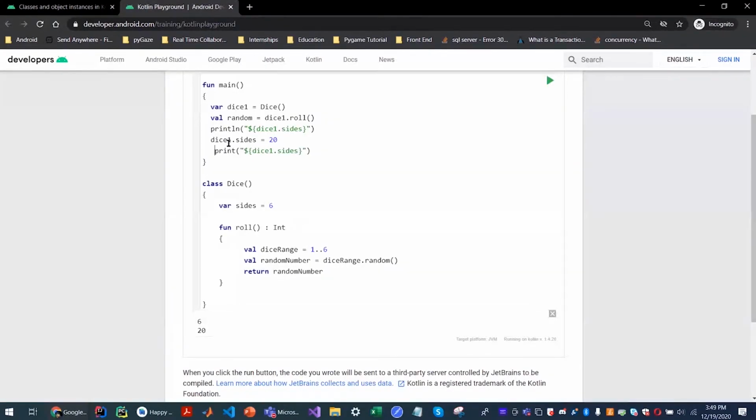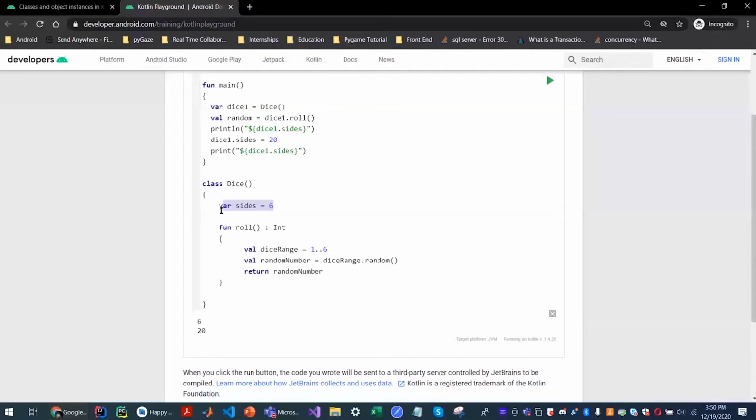But in real terms, this doesn't make sense from a real-world perspective because what I'm doing is constructing a dice from the class, from the blueprint, and now I'm saying I want to change the size. You can't change the size a die already has, right? You can't make a 6-sided die a 10-sided die. If you want a die with a different number of sides, you have to get another one. So you have to create another object essentially, but we've hard coded the number of sides here. So how do we change that? That's where constructors come in.